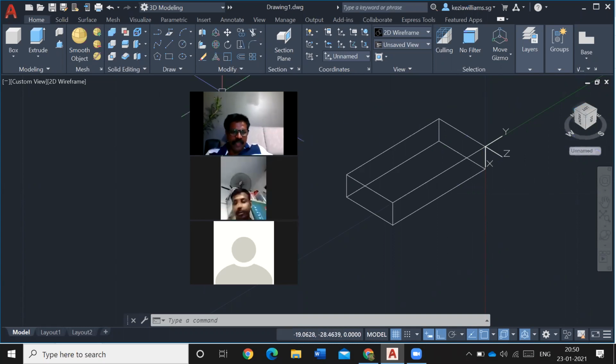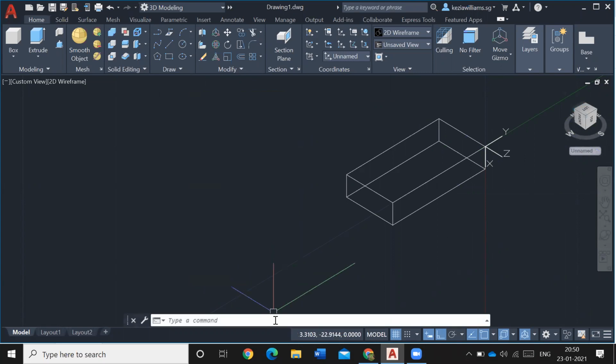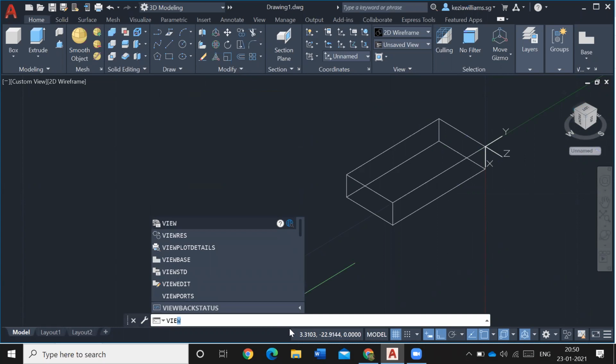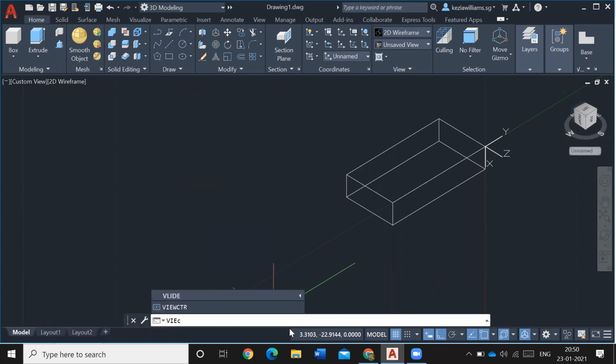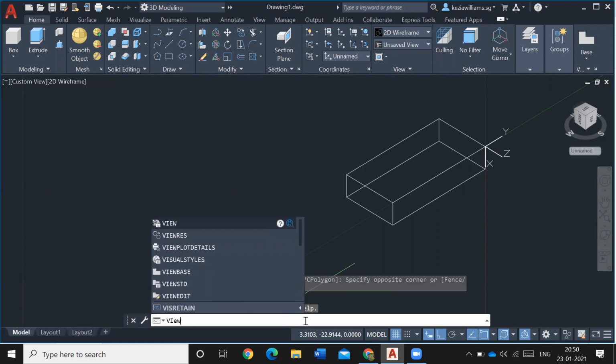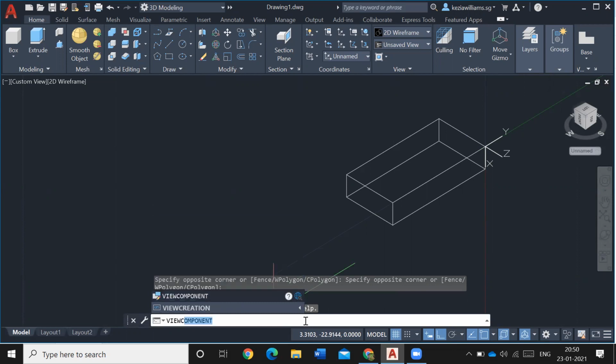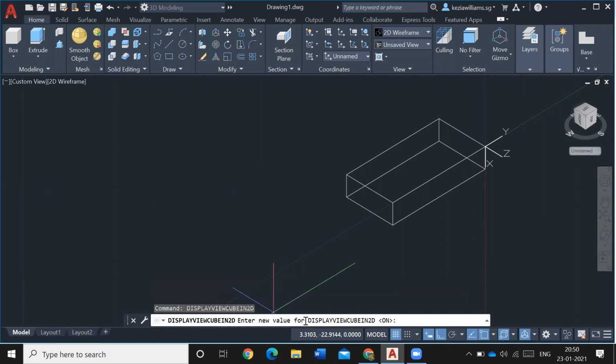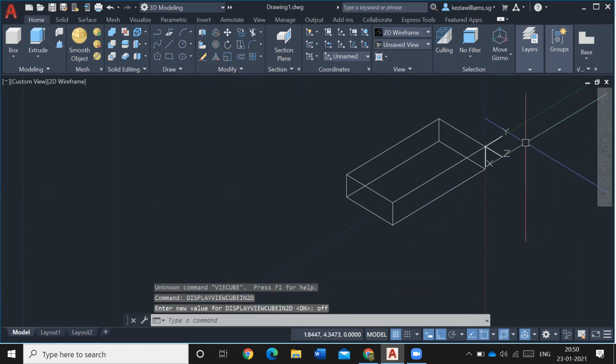See, you can put a command here: VIEWCUBE. On or off. Okay, I put off. Gone. See, my view cube is gone.